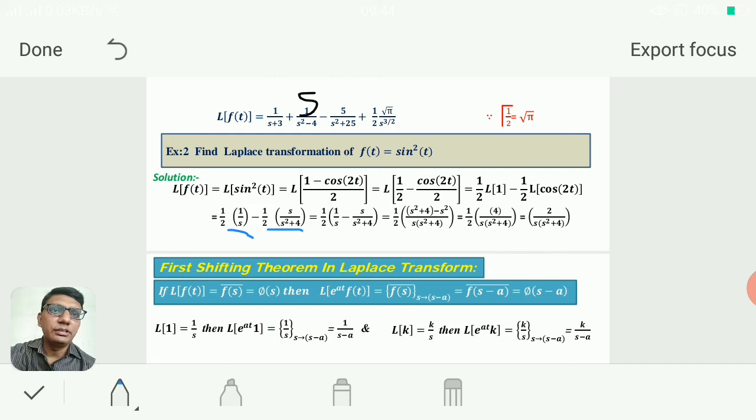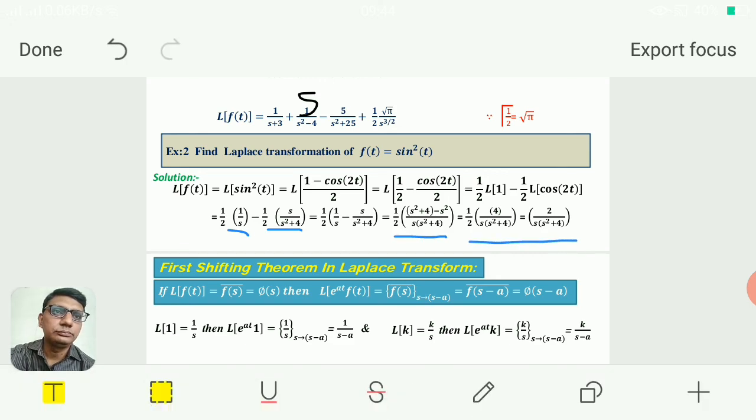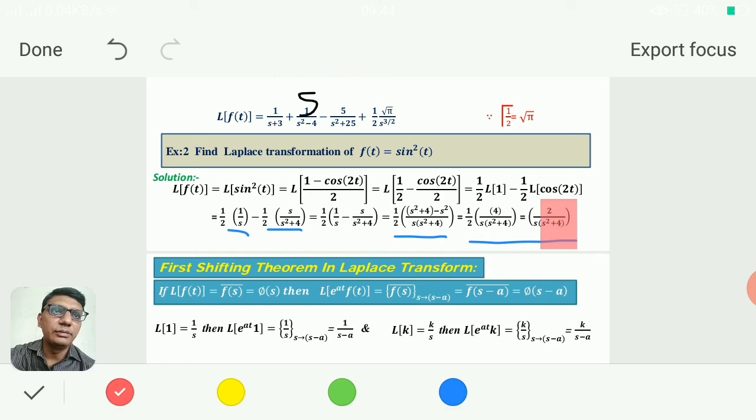So after taking the 1 by 2 common, we get 1 by 2 into (1 upon s minus s upon s square plus 4). By taking the LCM we get this term, and finally our answer will be 2 upon s into (s square plus 4). So this is the Laplace